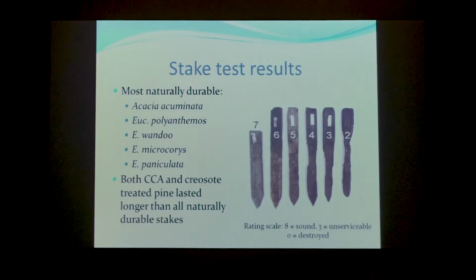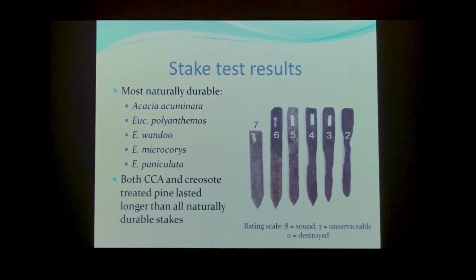And the stakes were inspected by pulling them out of the ground, probing with a knife to determine depth of and extent of decay and termite attack. And they were given a rating, a CSIRO rating system that we used from 8, which is sound, to 0, fully destroyed, and there's some example stakes of the 7 to 2 ratings. So that trial gave the